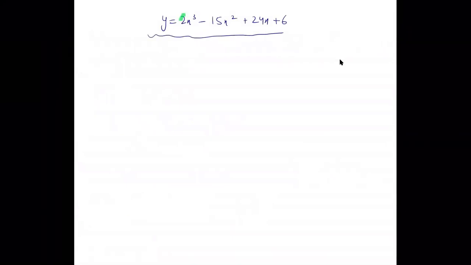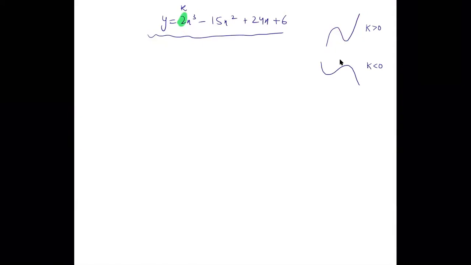First of all, you are going to look at the x cubed term. If the coefficient of x cubed, let me call this k, is a positive value, the shape of the curve is going to be like this. If k was less than 0, then the shape of the curve is going to be like this. So once we have identified the shape, we know that this function will be something like this.